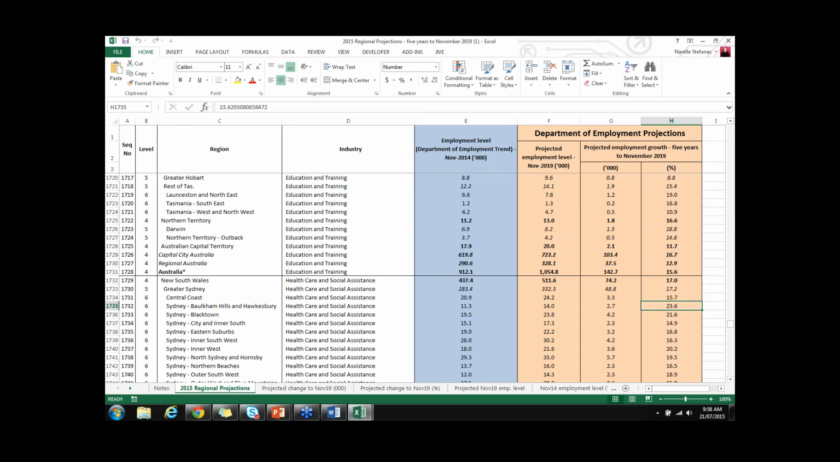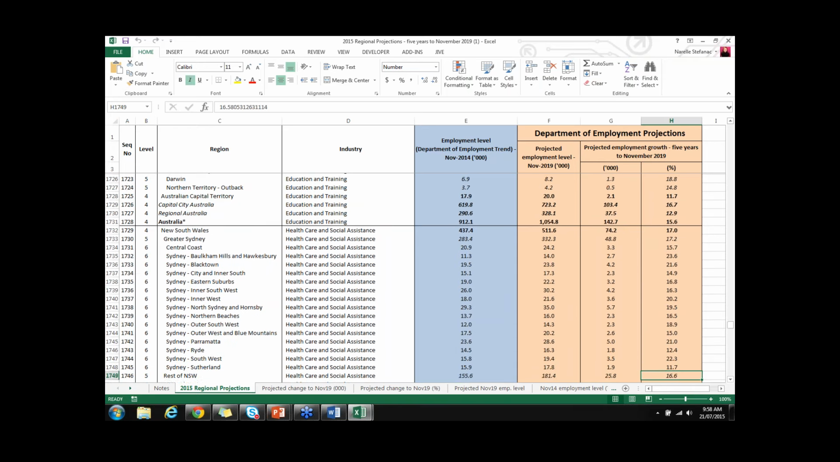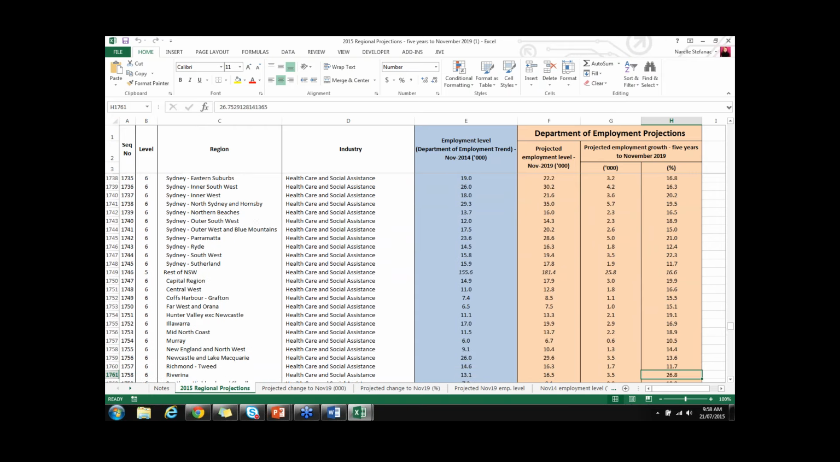It's about 50% more difficult than the national average for that industry, and more than double the national average, which is 10% growth expected across all industries. As we go down, so there's 23.6 there. We've also got